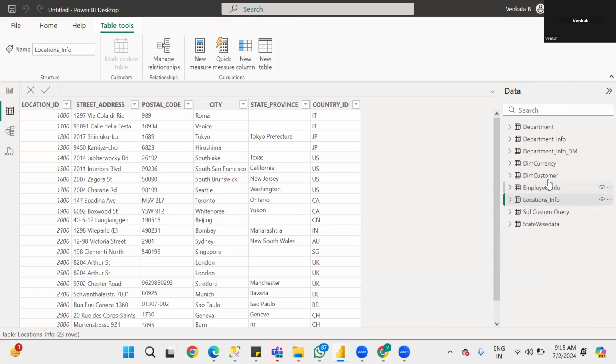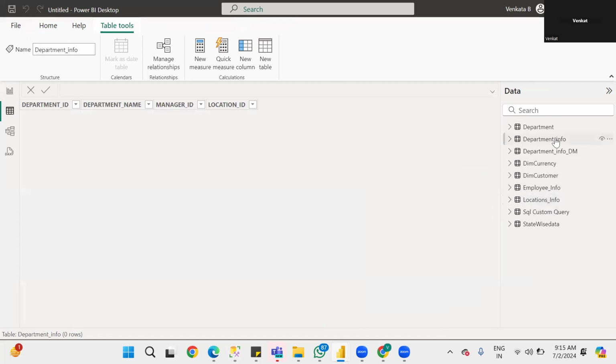Now loaded for the department table, department info. Okay. So in this table, whatever the department ID, department name, manager ID, location ID. So for this table, whatever the data we have imported, we can see here. So why is it not showing the